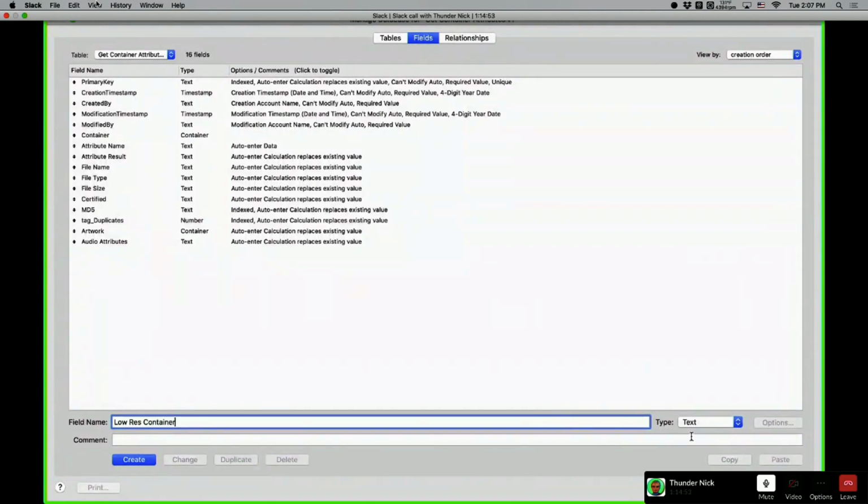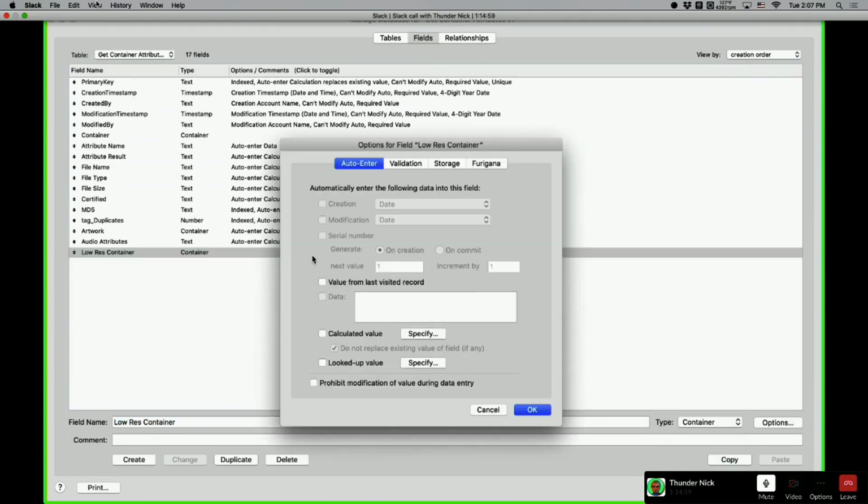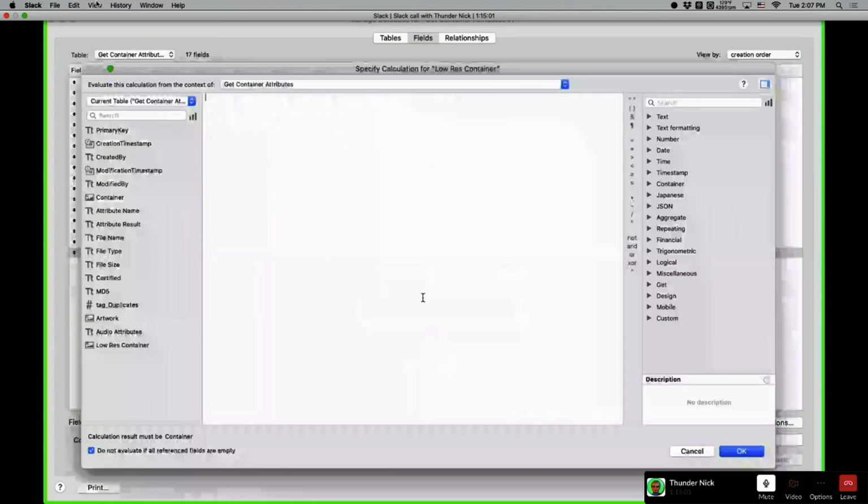Yeah. So here what I'm doing, it's not the best way to do it, but it's still a good way. So I said, okay, get thumbnail of the container, and then I said I want a 200 by 200, for example. Okay.